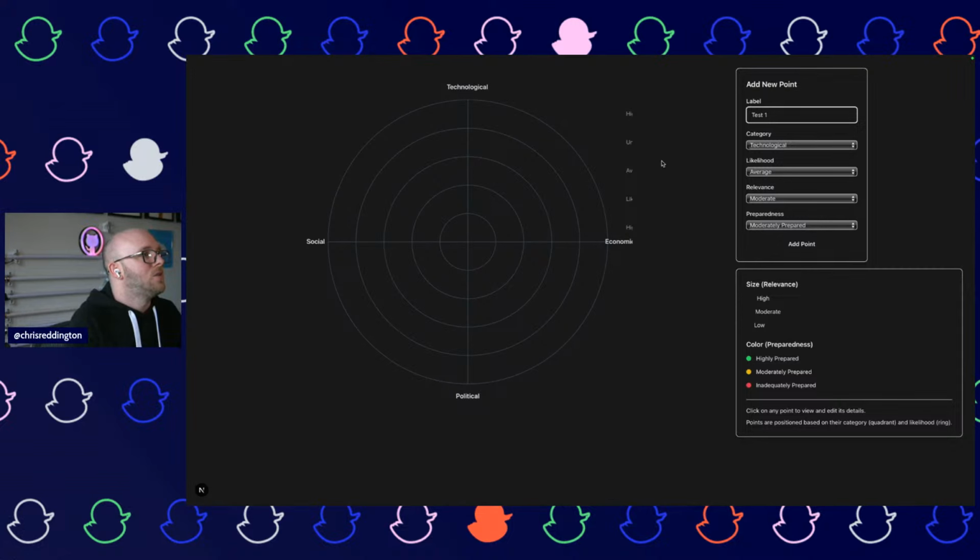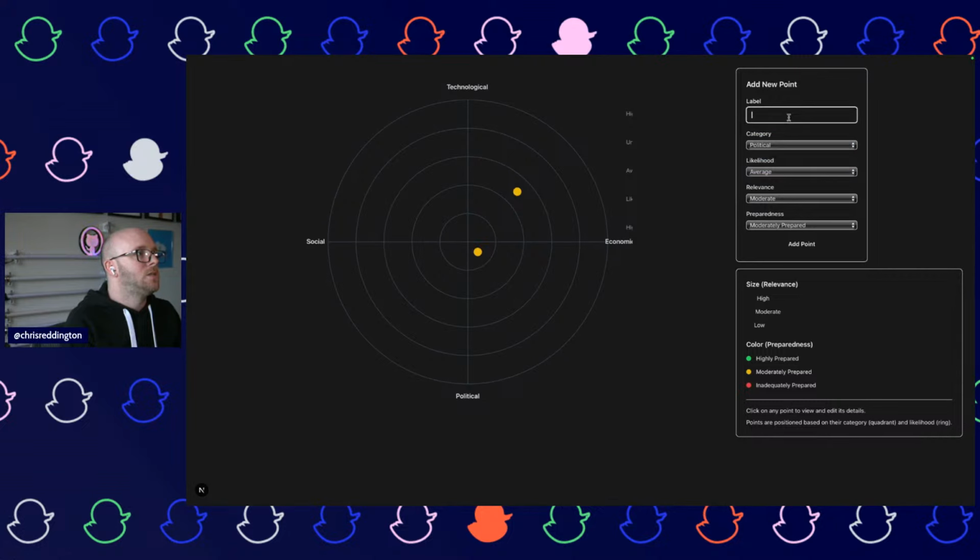Test one in technological, although it's placing. So again, there's some things that I need to go and fix. Like it's placing them in kind of the wrong place. Like it should be in like a quadrant, like here, for example. But then technological, economical should be here. I'm putting highly likely. It's in that closer one.